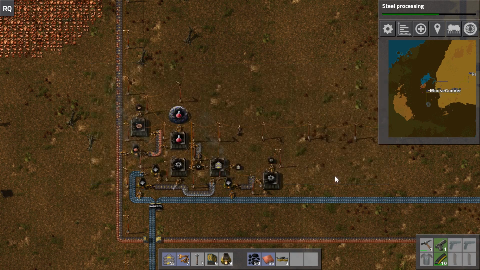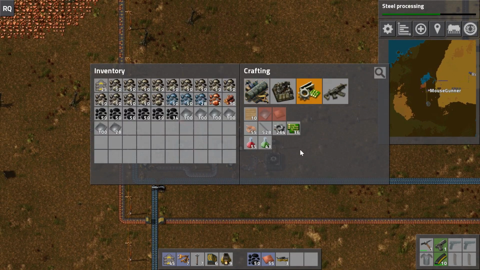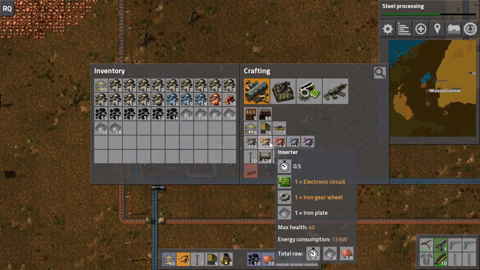That's what you get when you put me in charge of things. I put you in charge of the temporary items. All right, so